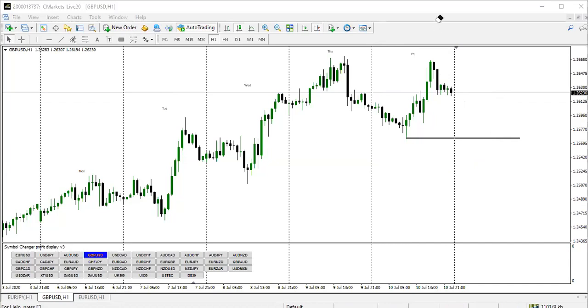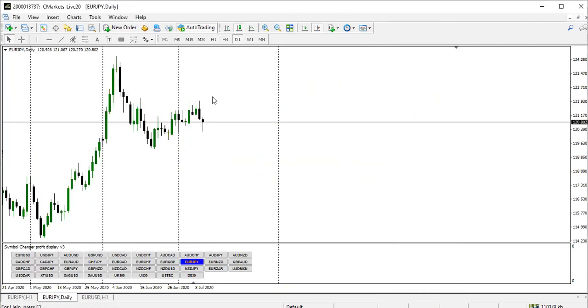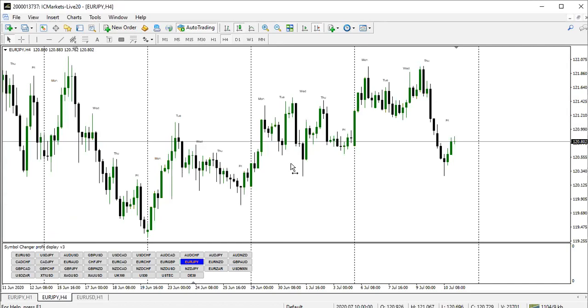Then for EURJPY, the daily is bearish, right? And the 4 hour time frame also is bearish. This is a lower high, so we'll be expecting market to pull back to this zone, right? And if that zone did not hold, the market will go back to this zone as a manipulation for the week, then drop. And if that zone did not hold, probably this particular block will hold, then we can actually drop it.